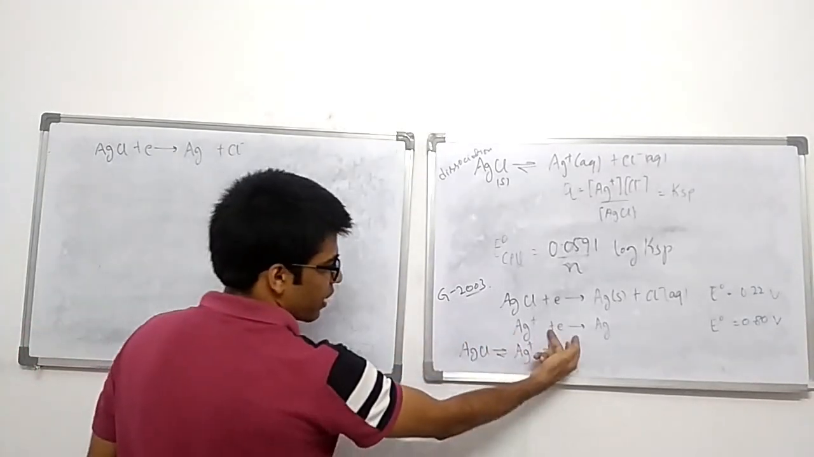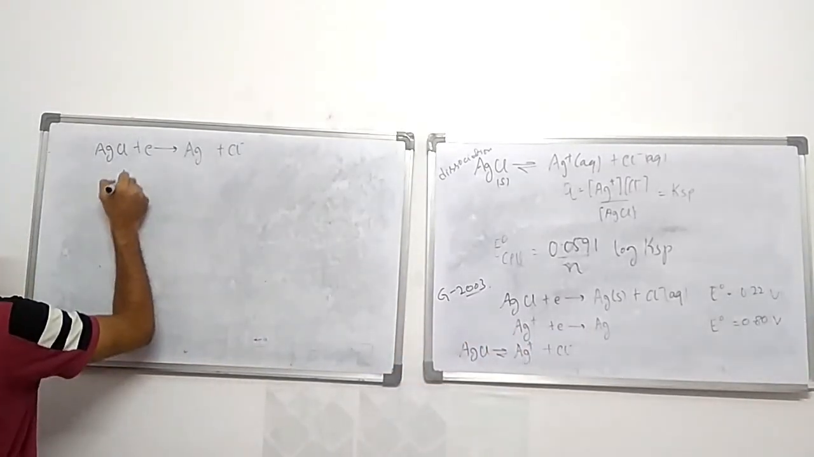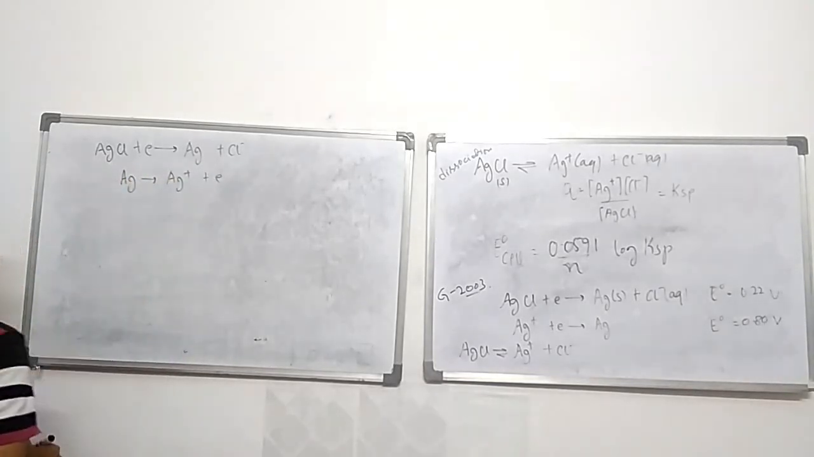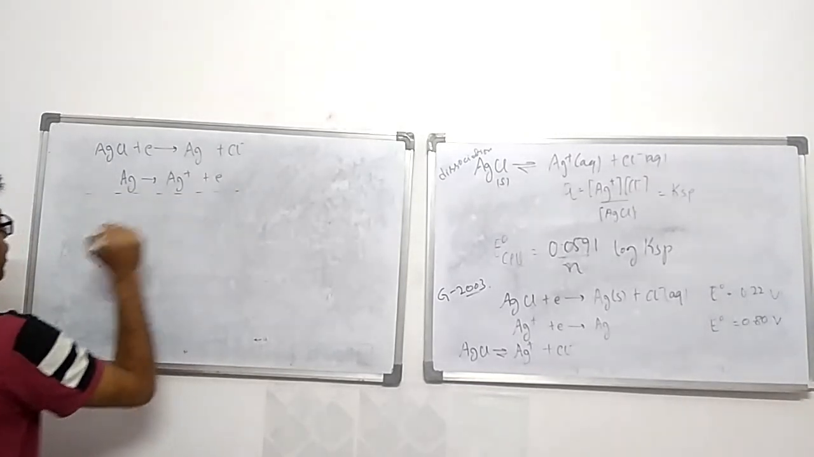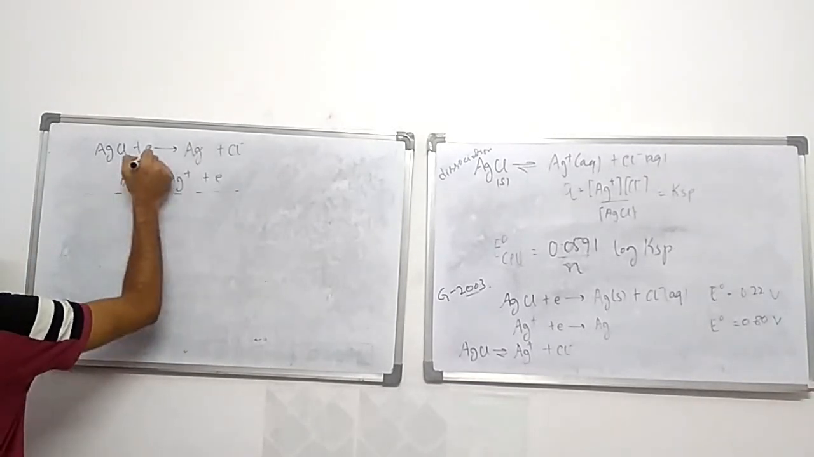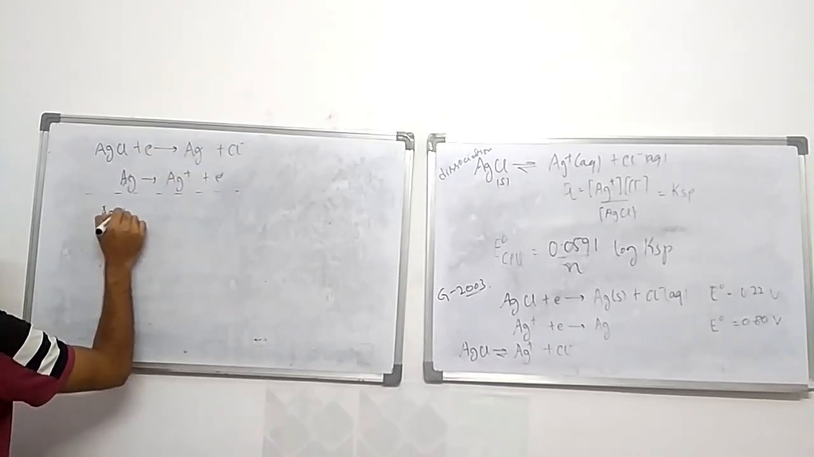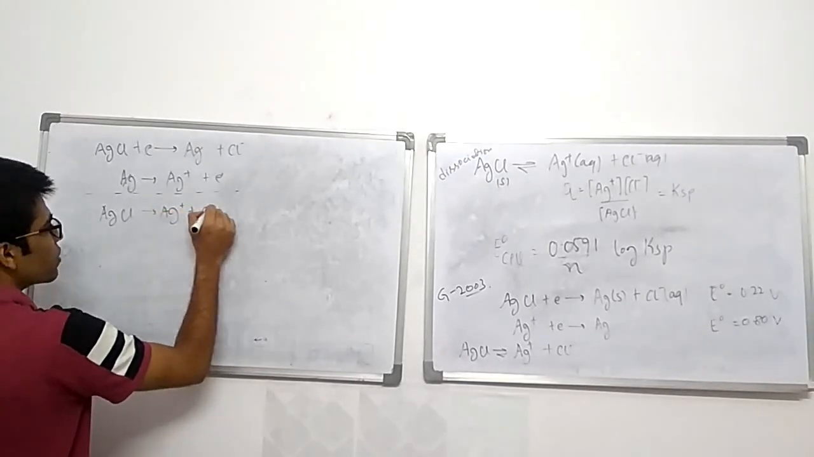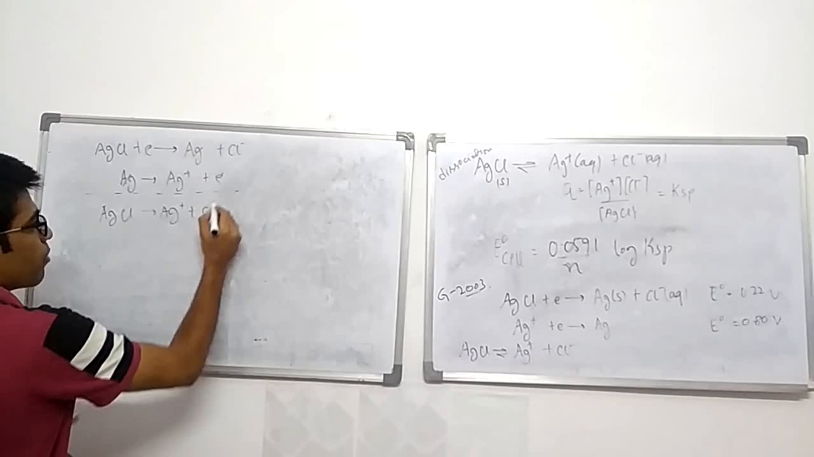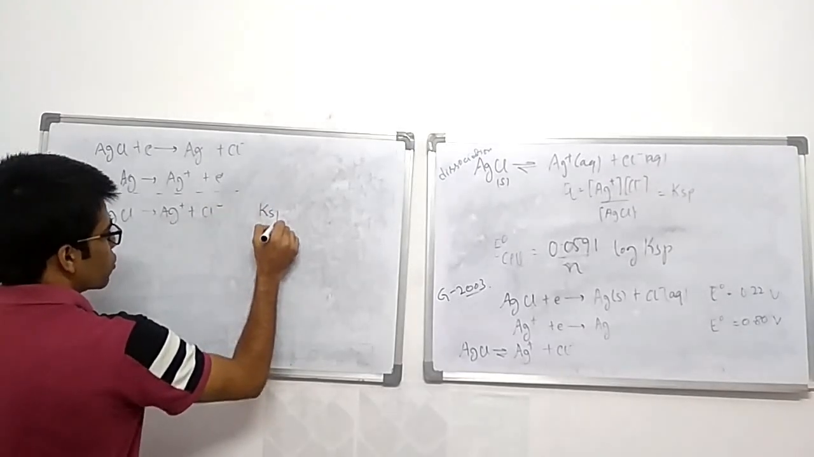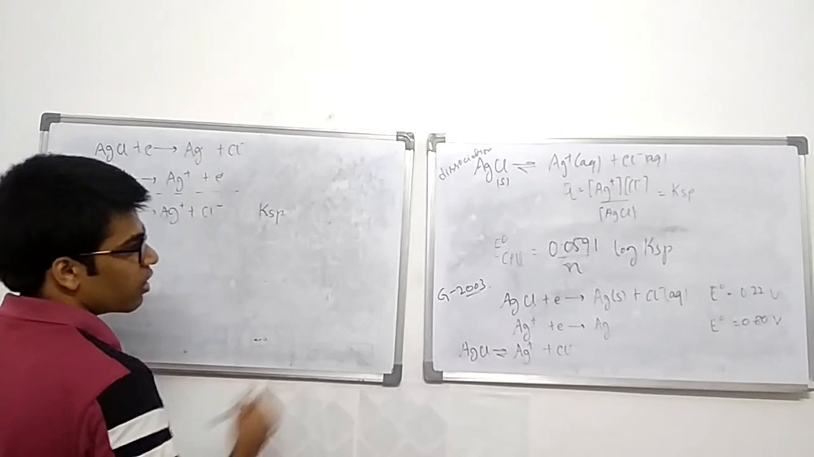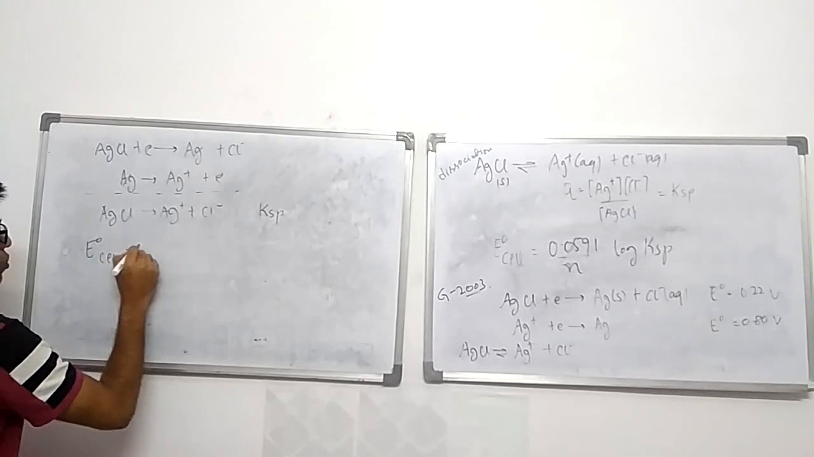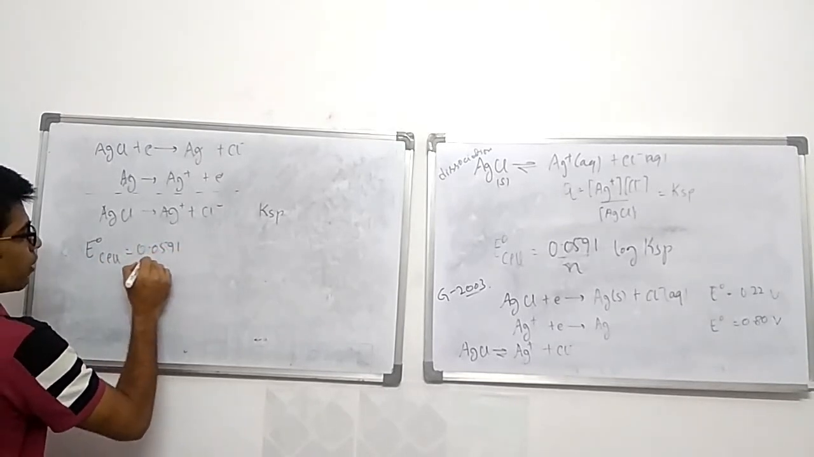But I have a reaction. If I reverse it and write, I would get Ag giving Ag plus plus electron. So what will be my net cell reaction? My net cell reaction will be Ag and Ag get cancelled, electrons get cancelled. I am left with AgCl giving Ag plus Cl minus. That means the equilibrium constant for this reaction will be my solubility product. Now I will write the Nernst equation for this, which says E naught cell is equal to 0.0591